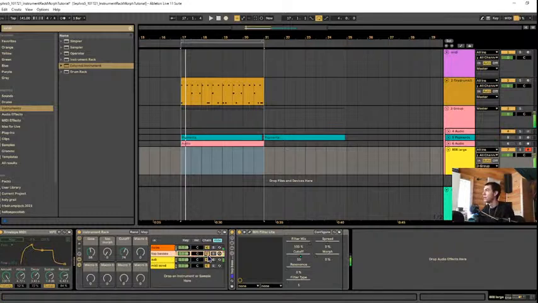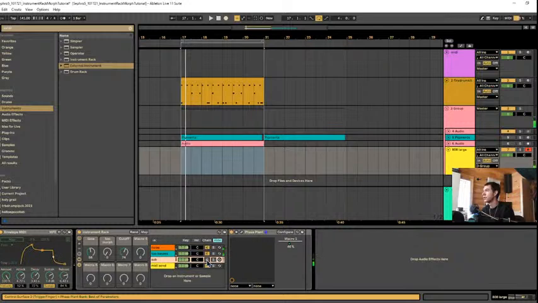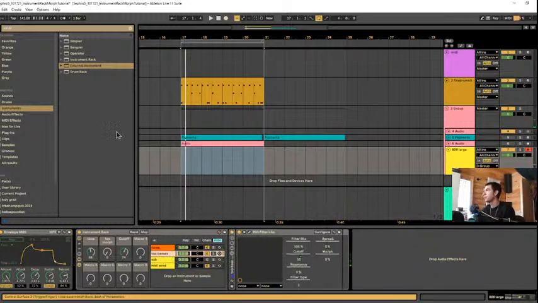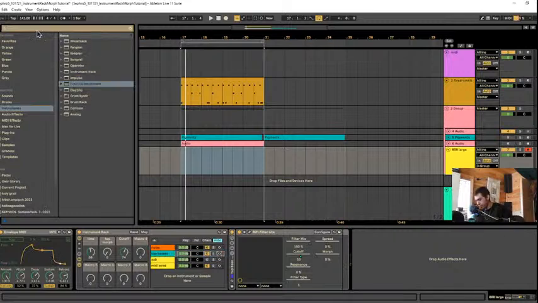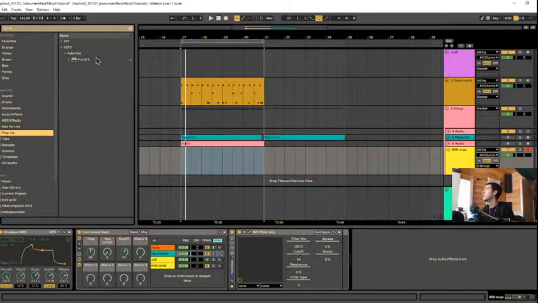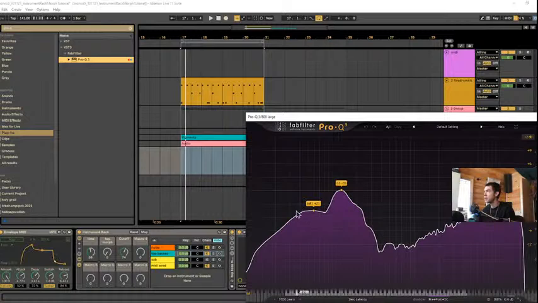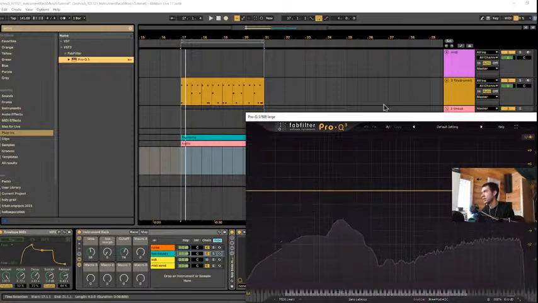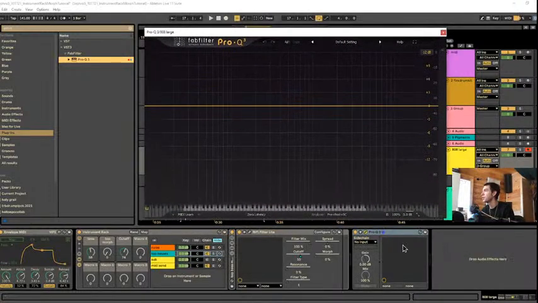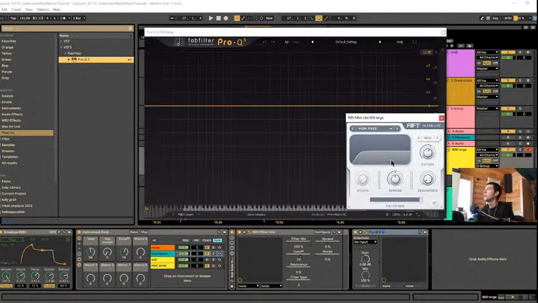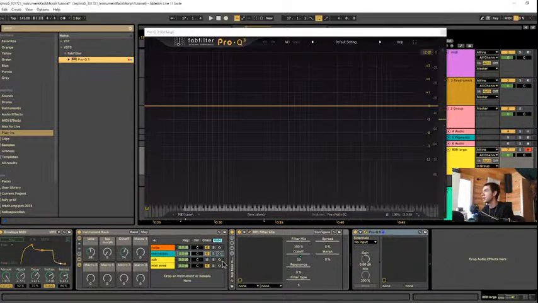And now there's no sub. And if we want to be even cleaner about it, we can get out a spectrum analyzer. And you can see there's a bit of sub there. It's at like minus 50 dB. So that's not really loud enough to cause any serious phase cancellation problems, but it will maybe cause a bit of mud. So what we can do is, so now our sub's gone, more or less. So now if we turn the sub back on,